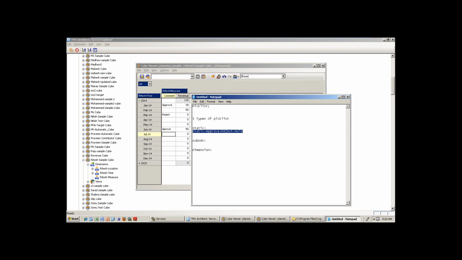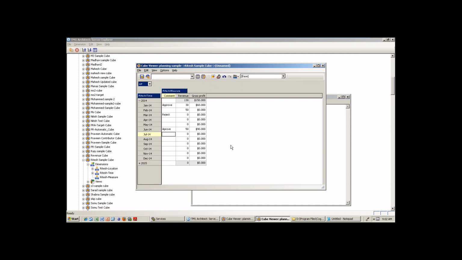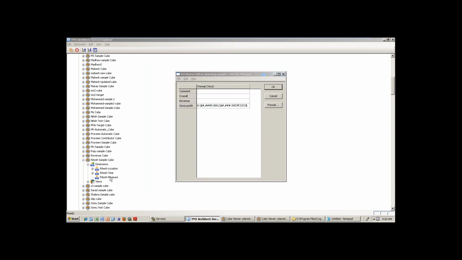Control C. Now here I want to show it in the drop down. For this, which measure is it? The Ritesh measure. Go to the Ritesh measure, go to edit, add a new attribute. It's not format. Okay, pick list you write. It's text only, right? Text value only. The comment box is not numeric.